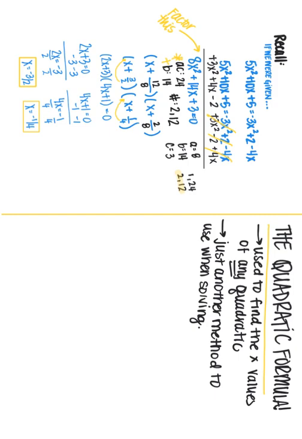The formula looks like this. It says that x is equal to negative b plus or minus the square root of b squared minus 4ac all divided by 2a. Now you're going to hear me sing for a second, just like my math teacher sang